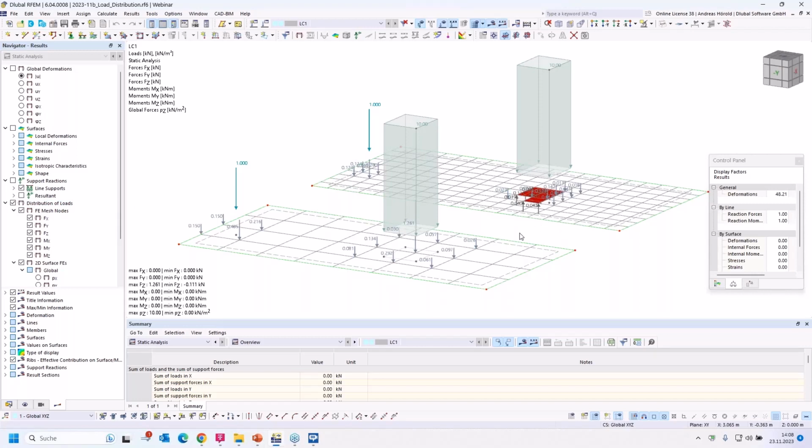And the load distribution represents the load that is actually applied on the structural system in the FE mesh points, and if applicable on the FE areas. And the FE mesh size plays an important role. You can see the models are equal and also the loads, but there are two different FE mesh sizes. I can show that when I go above to mesh settings.